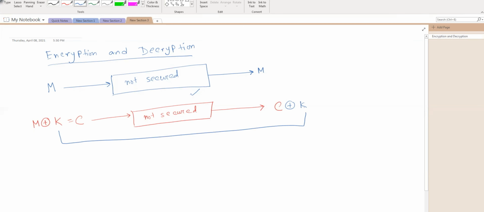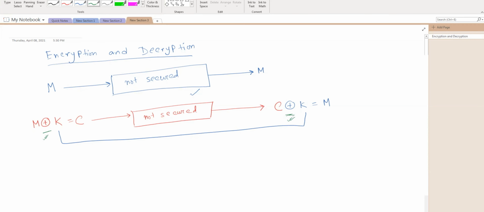Your friend is going to XOR the ciphertext with the key to produce the message text. The point is that the XOR function has a peculiar property: if you XOR the message with the key, it will produce the ciphertext, and if you XOR the ciphertext with the key, it will produce the original message.